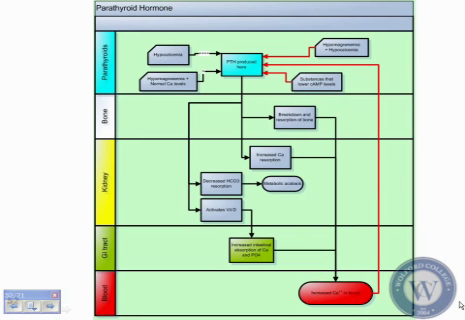So here's our schematic here. Let's look at things that will actually stimulate the release of parathyroid hormone. Parathyroid hormone is produced in the parathyroid gland. Okay, things that will lead to a release of it will be hypocalcemia. That kind of makes sense. Under normal conditions, low calcium levels, you'd want parathyroid hormone to be driven up because then it causes the calcium to increase in your bloodstream. Okay? So ultimately what you're going to see in a minute is that parathyroid hormone usually leads to an increase in calcium in the bloodstream.